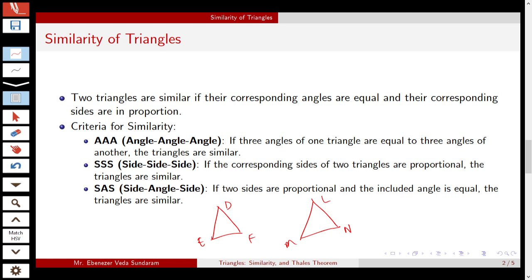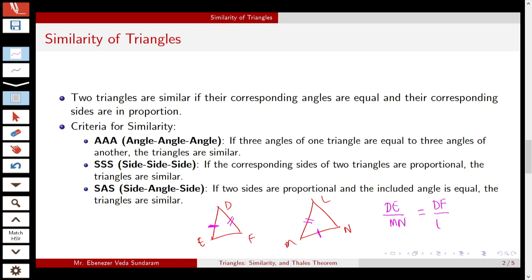Break the conventional rules of just naming ABC or PQR, whatever. Fine. Now, what are we given? We are given that two sides are proportional. So let's assume that these are DE and MN, and DF and LM. Now let's say these two sides of these triangles are proportional, which means that DE by MN is equal to